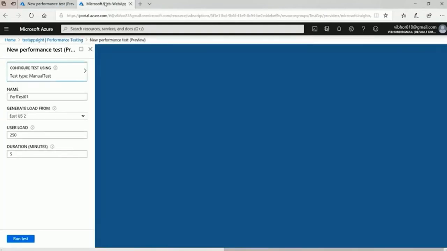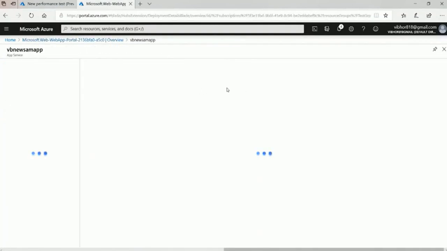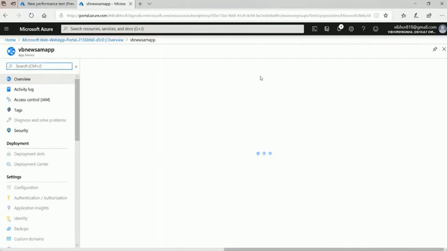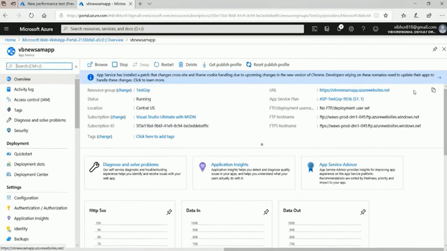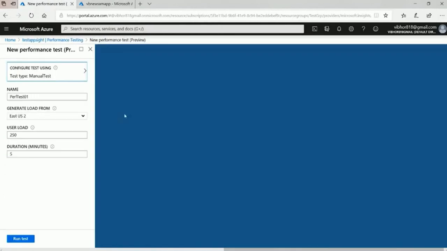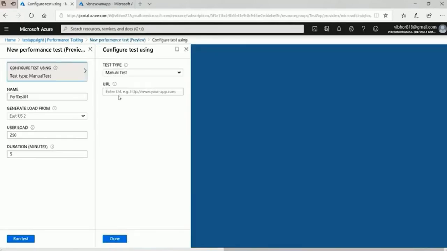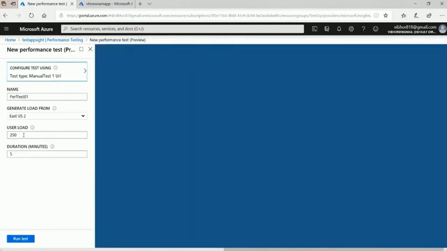Now, in this app service, you can copy the URL of this website and come here, and say we are creating a new manual test on this URL. I want to hit the request. How many requests? You can write here 10,000. This way you can identify that the machine is capable of handling 10,000 requests, if it shows all requests